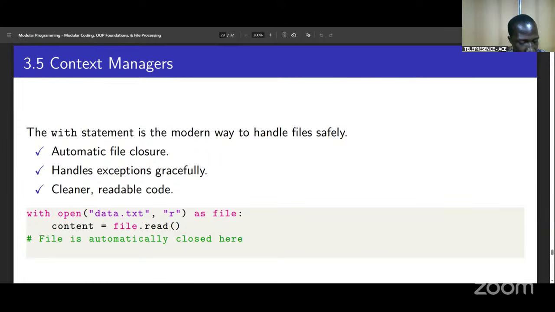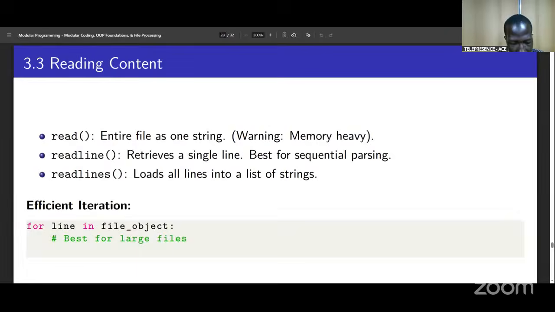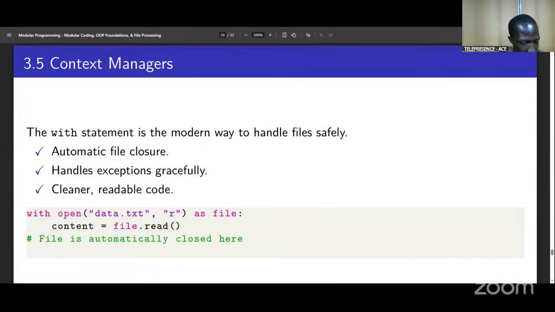The R that is there. So, and then as file. So the R that is there, let me show you that again. That is by default to reach. By default. So what is that? That's what it is. So the content now, the file now for you to read the content, and then the file is automatically